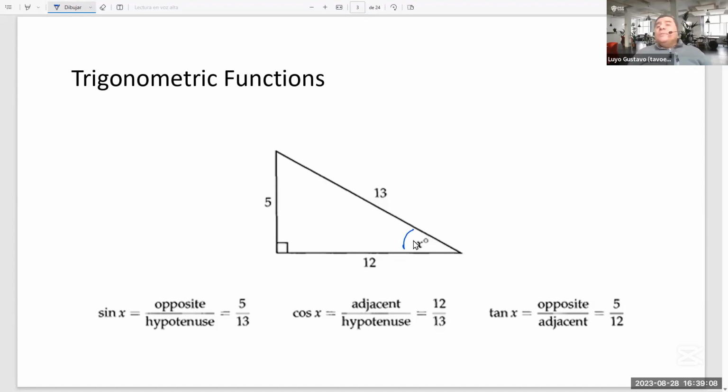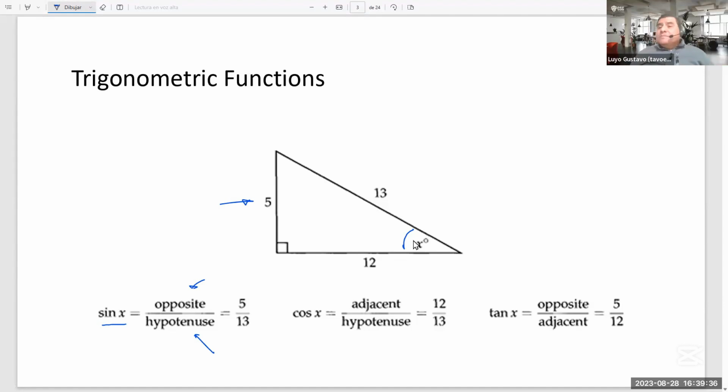So we can just remember that, for example, in order to determine the sine of this angle, this can be obtained by calculating the ratio of 2 lengths, the opposite side to the angle, that is this one, and the hypotenuse. So dividing the opposite side by the hypotenuse yields the ratio that we call the